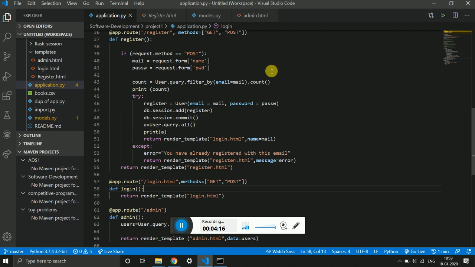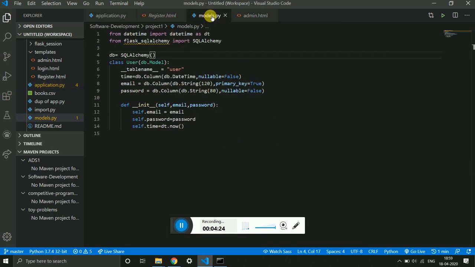In order to do that, we need to take the help of the SQL Alchemy module. In SQL Alchemy, we have to create a database model where we call the tables in the database models here. For that, we will use classes and objects, so we can set up the table using classes.